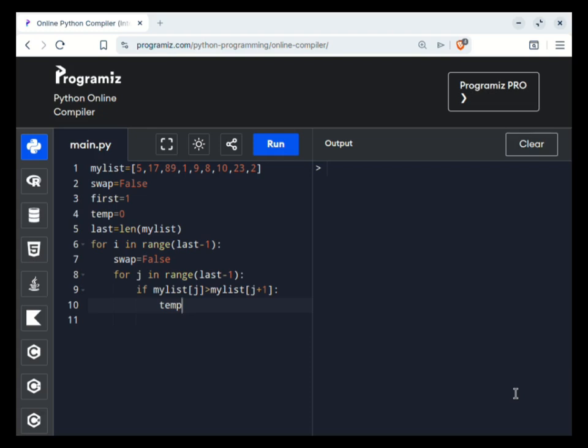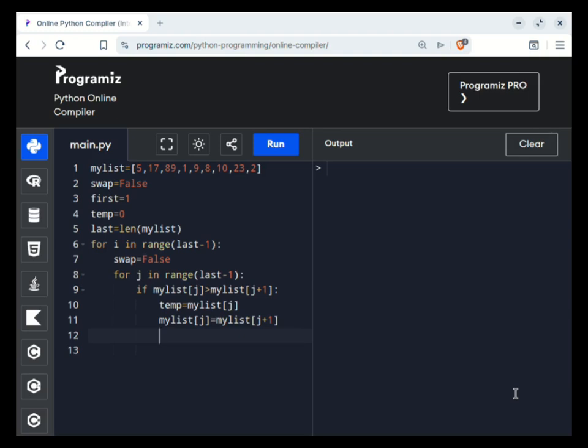Alright, then after that, I take what I have here and replace it with what I have in this adjacent location. So I take this and put it here, and then I take